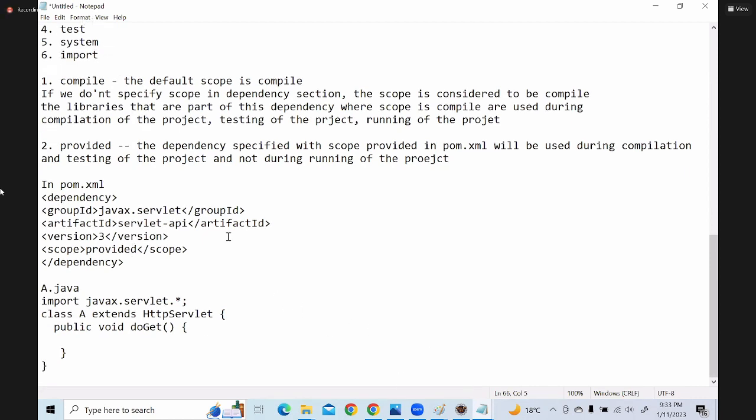Now what will happen is when A.java is compiled, this library is used. So this package is part of this project. So when A.java is compiled and tested, it will use the servlet API project specified in the dependency